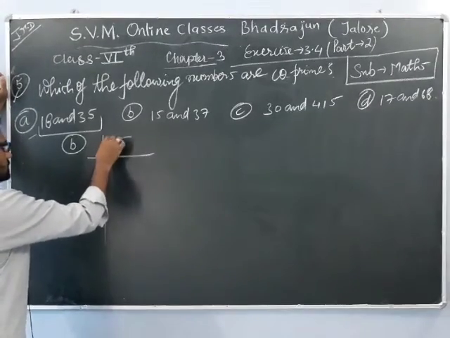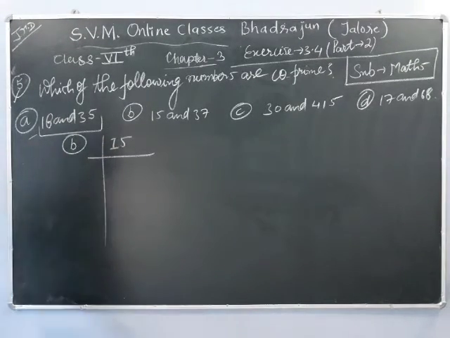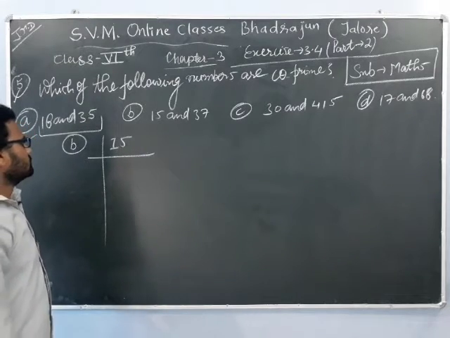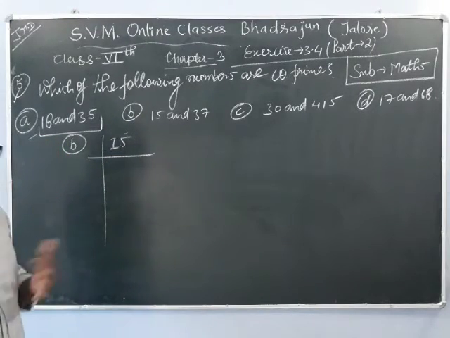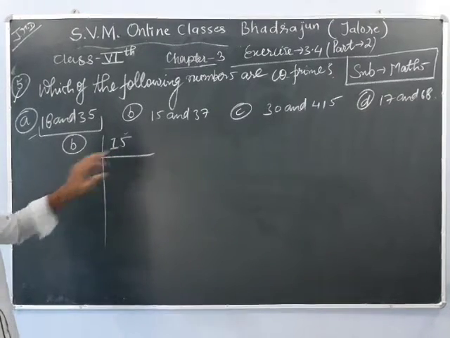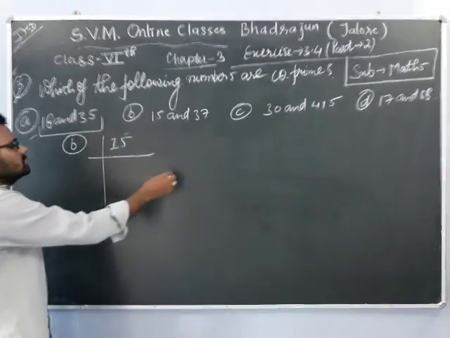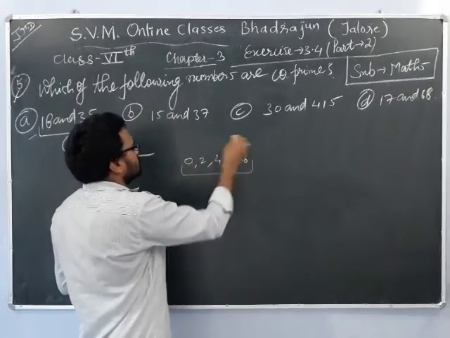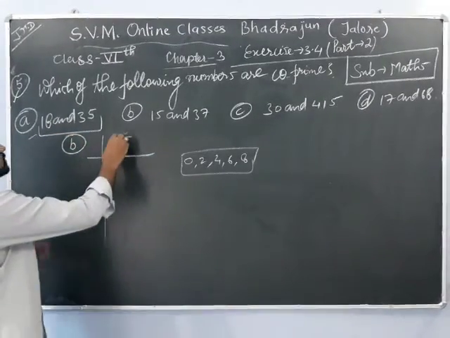Factors of our first number, look at this, this is 15 and now I have to divide 15. First of all I am seeing over here the unit place digit is 5, so I have to divide this number by 5, but we will go for 3 also. Definitely this number will not be divisible by 2 because the unit place digit is not from 0, 2, 4, 6 and 8. Hence we will go for 3.